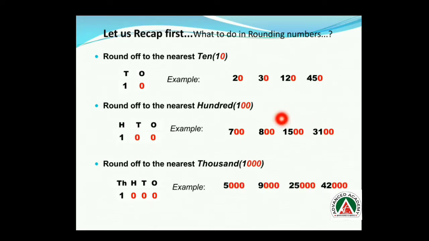So here you can notice, when we round to the nearest 10, in the ones place 0 will be there. Here, tens and ones places will be 0, and in all these numbers the 100, tens and ones places will be 0. This we already learned in our previous lesson. We also learned this concept visually, how rounding actually works.